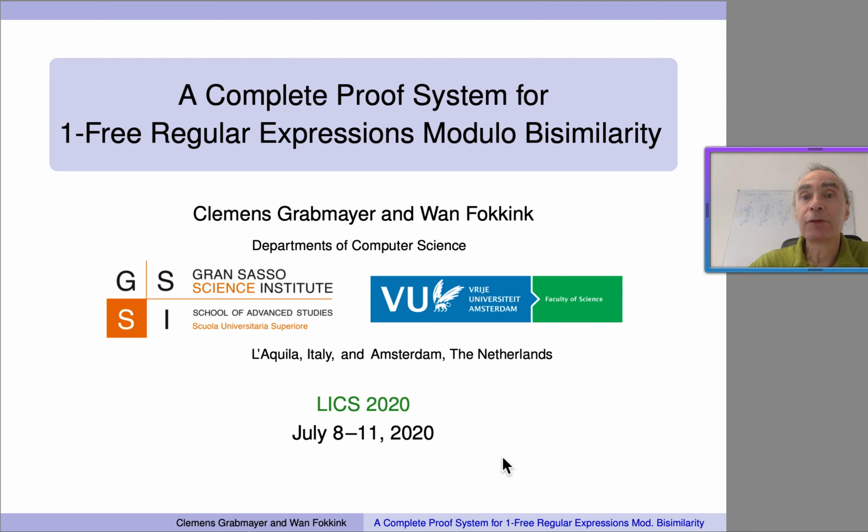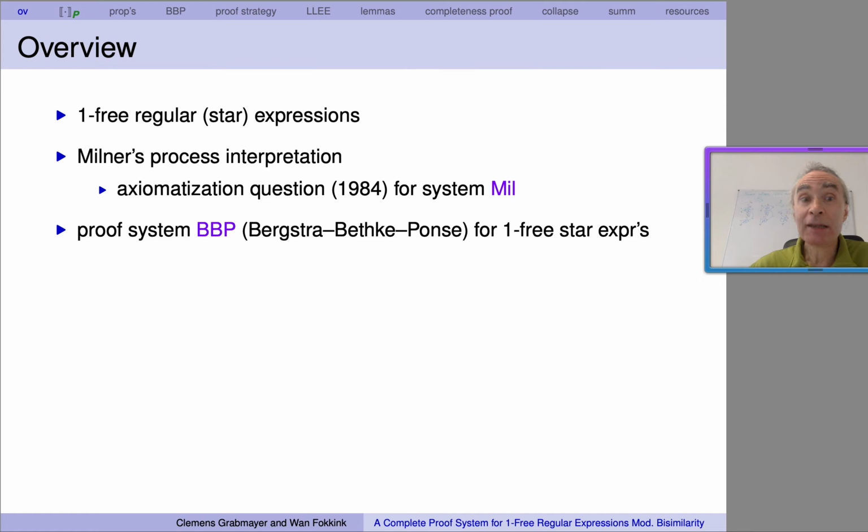There are basically three parts already visible in the title: a complete proof system, one-free regular expressions, and bisimilarity, which hints at process theory. I will explain these to you first, starting with one-free regular expressions. Then I will explain to you Milner's process interpretation, and in particular his axiomatization question from 1984 for a particular proof system. We will not solve that question, but we will obtain a strong partial result concerning one-free star expressions